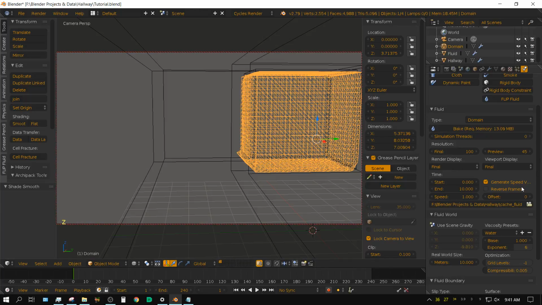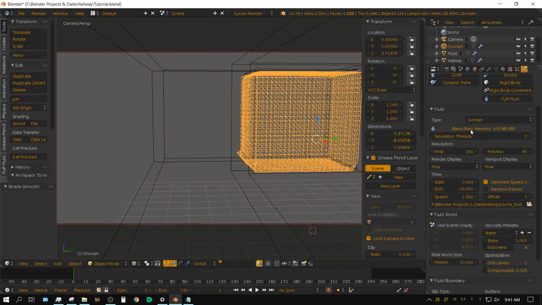Now if I turn up the resolution, right now it's taking about 13 megabytes of memory, which is nothing by modern standards. Let me turn this up to 200, and you see how quickly it baked when it was set to 100. Conventional wisdom is that it will take twice as long to bake, but no. Actually, it's taking almost 10 times as much memory, or really about 9 times as much memory. So it will probably take about 9 times longer.